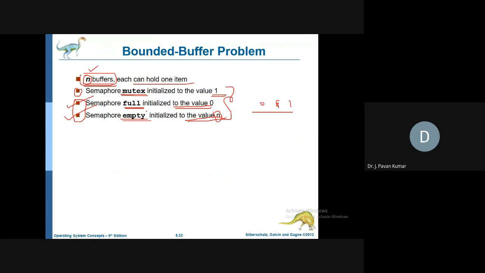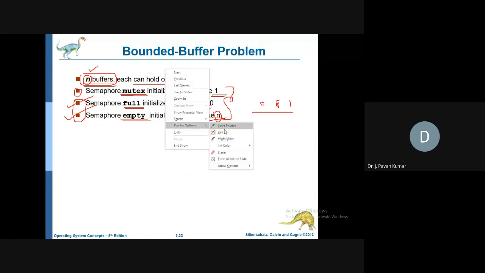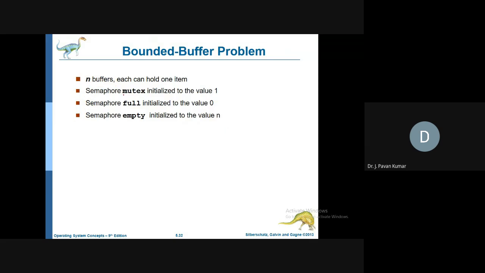Simple thing. We will be maintaining 3 semaphores. One is to maintain mutual exclusion. One is to specify how many full buffers are there, and one for how many empty buffers are there. While producing an item and putting it in the bounded buffer, we need to check whether empty slots are there. Wait on empty. Next, mutual exclusion we have to maintain. That means wait on mutex, then signal on mutex. This is common. Here we will be putting in the common buffer.